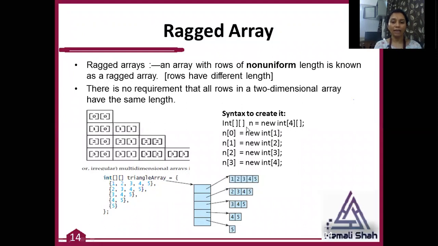Now at the time of row creation, row initialization, use the number of columns you require in each row.